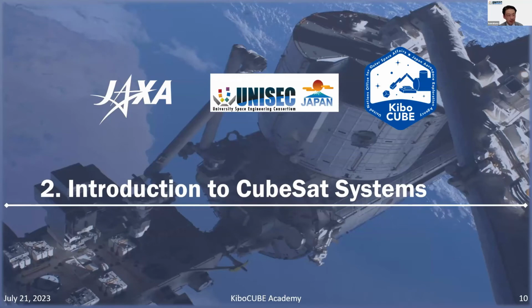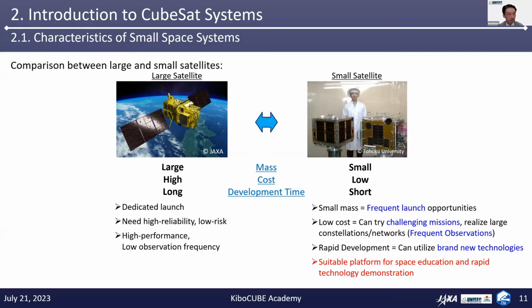Okay, then the next chapter, chapter 2, is about an introduction to CubeSat systems. On this slide, I am showing the comparison between the traditional large satellite and the new small satellites. This is a large satellite of JAXA, and these are exemplary small satellites. And this is me. Let's take a look at these key parameters: the mass of the satellites, the cost, and the development time. Compared to larger satellites, small satellites are characterized by small mass, low development cost,